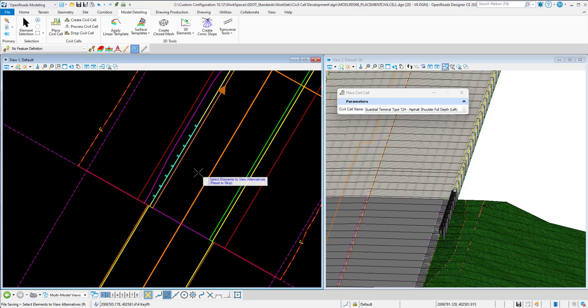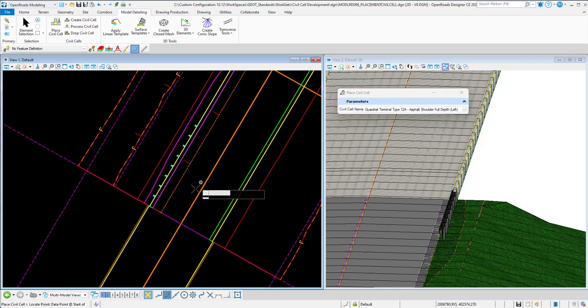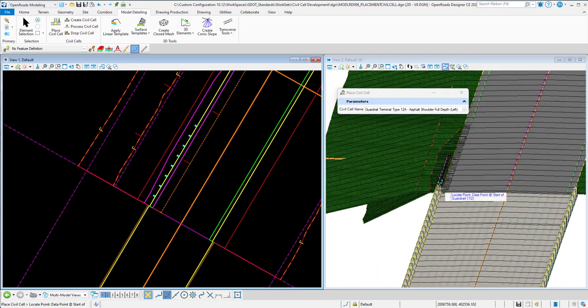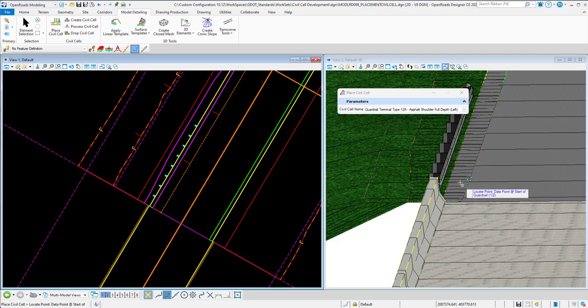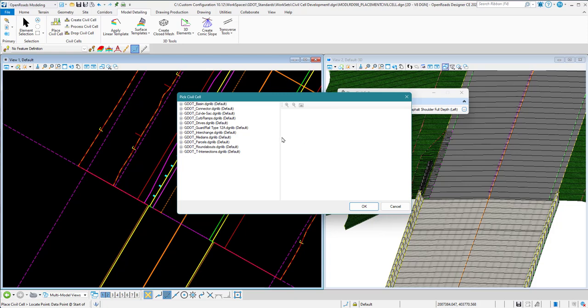And once everything looks correct on the placement of that, so we have our guardrail and our OGS area all set, I'm just going to right click and then left click, and it's going to place that civil cell on that other edge of our bridge. So there's the left, and then we can come back to our right, and it's going to place it on there as well. So if I go to my right hand side,